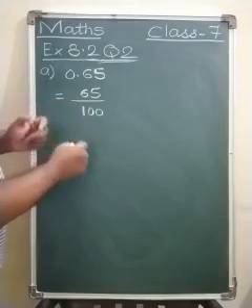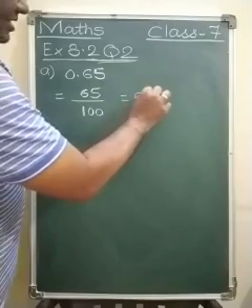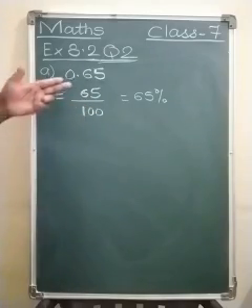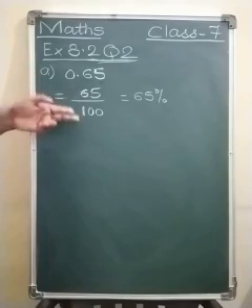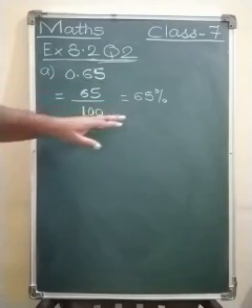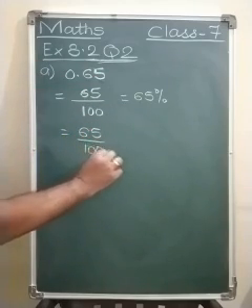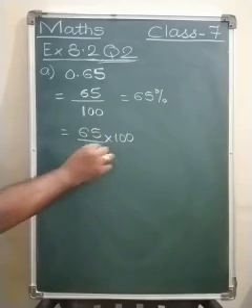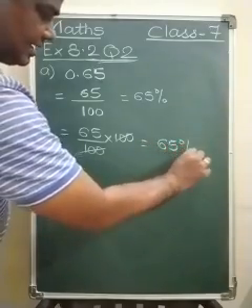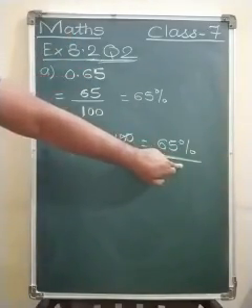But here also we can directly get the answer. Since this 65 is out of 100, we can directly write our answer as 65%. Because it is directly we are getting the answer as out of 100. But since what we have learned in question number 1, that if a fraction number is there, if you want to convert this into a percentage, so what we do, we simply multiply this fraction by 100, so this 100 and this 100 gets cancelled, and we get 65% as our answer. So a decimal number is converted into a percentage.